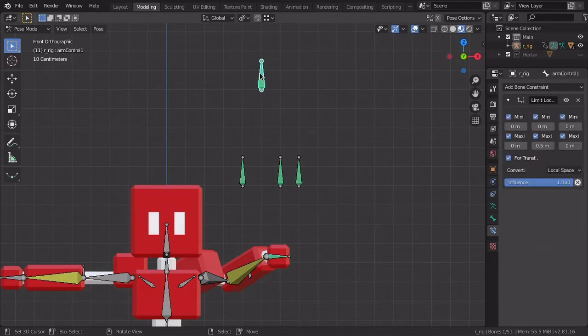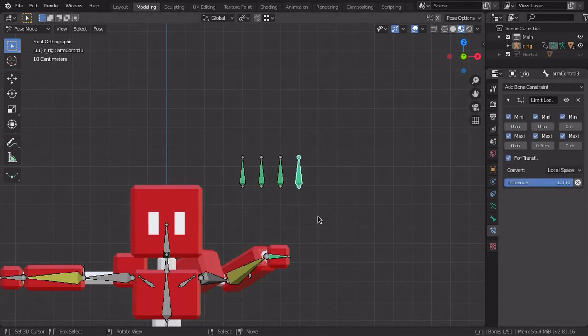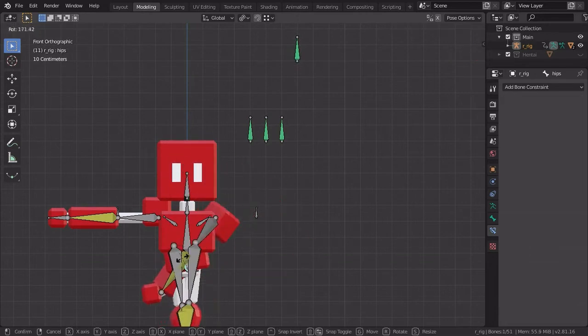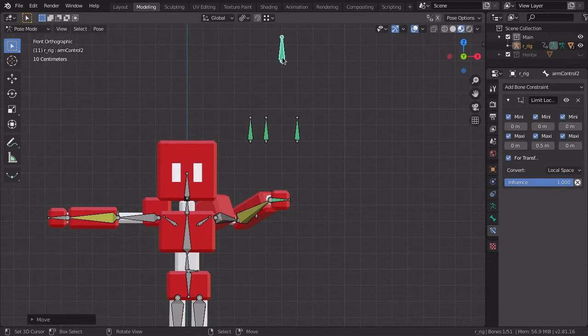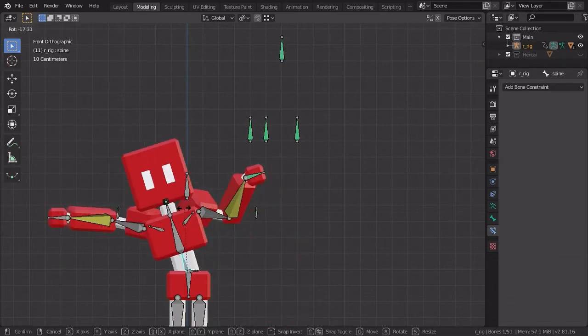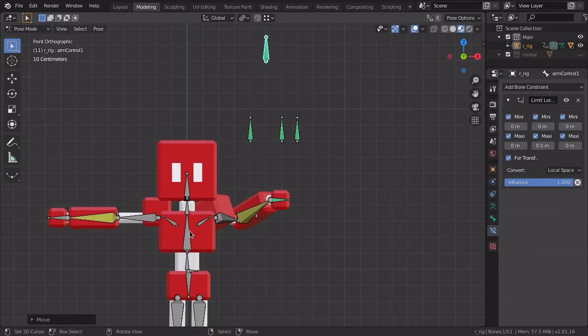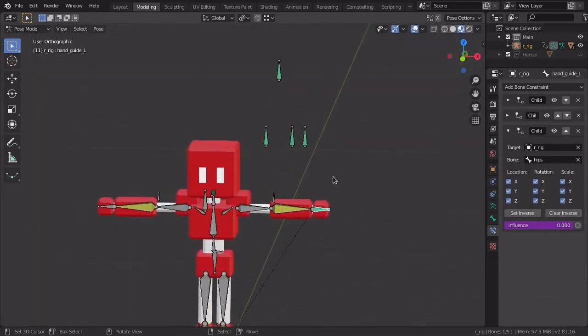So now that I added the bones here for every single constraint here, if this one is set to 1, the hips are going to move the hand. Now if this one is set to 1, then this spine is going to control it. And you already know that if I move this one, this one controls it. So now we